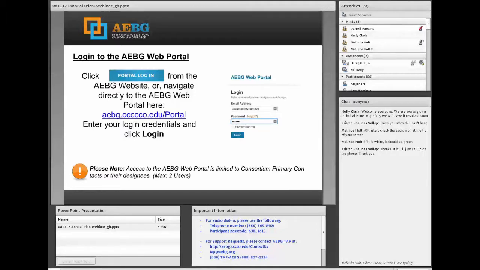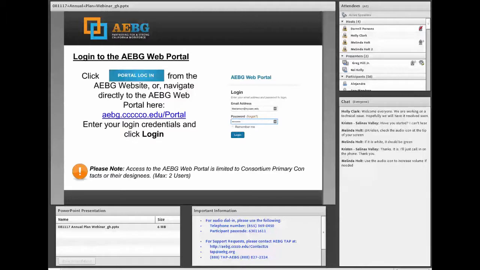But just in case, the way that you access it is by navigating to the AEBG website, aebg.cccco.edu, and on the home page there's the portal login link. Click that, and then enter in your credentials. If you don't have credentials to log in, then be sure to reach out to us, and we'll work on that.